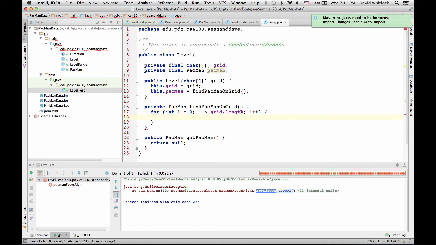So initialize the grid, and now I'm going to basically create the Pac-Man. So we got to find him on the grid. So I'm just going to go through the grid until you find the X or whatever. Or find the caret or whatever. Right. It's 4 different cases. For int j equals 0, while j is less than grid i dot length, j plus plus.